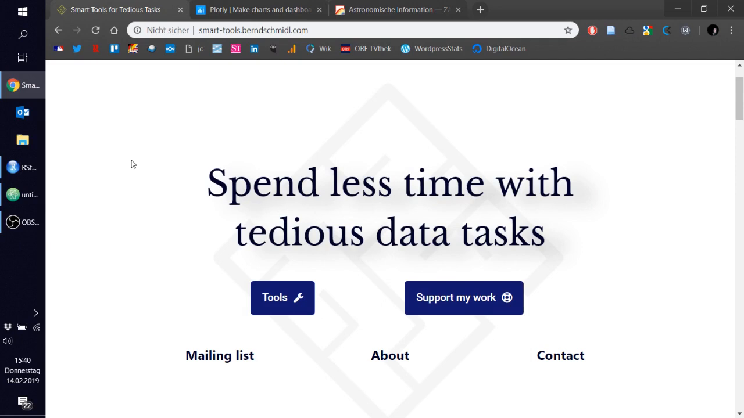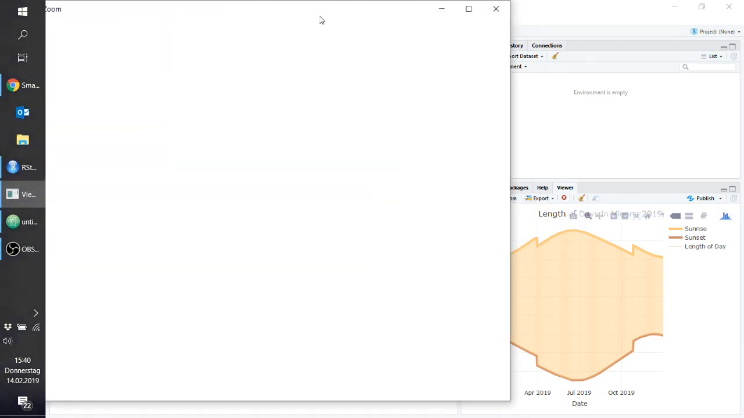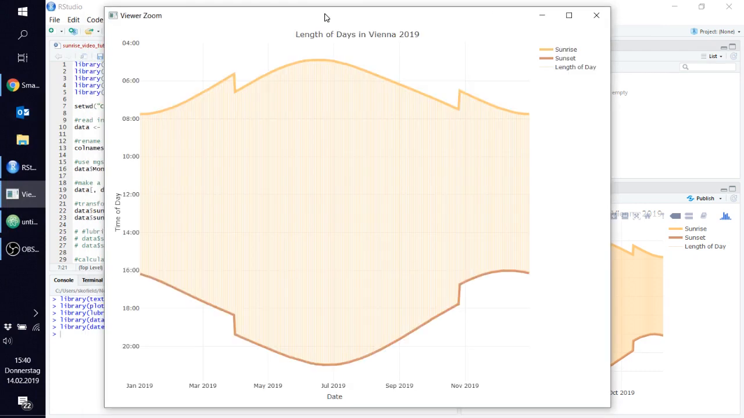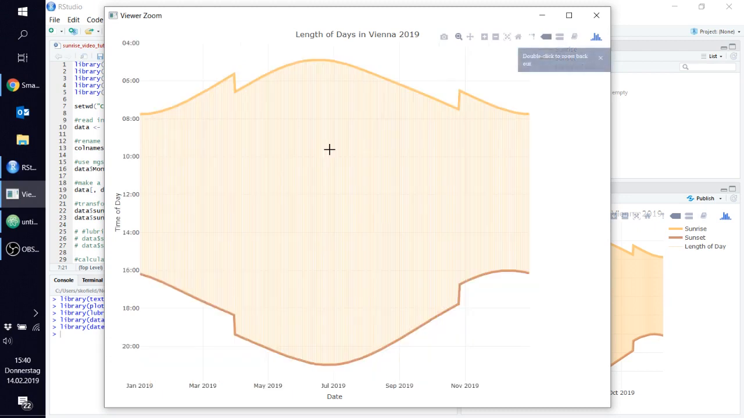If you're here, I suppose you know about R. It's a programming language for statistics and visualizations. And today I want to show you how to make charts like this with Plotly. They are interactive charts where you have some mouse over effect. You can zoom in. With a double click you can zoom back out, and it's actually really easy to publish